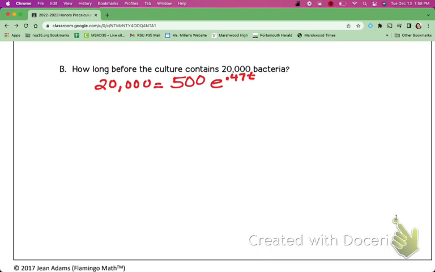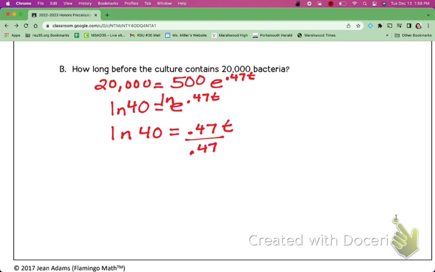So 20,000 divided by 500 gets us 40 is equal to e to the 0.47 t. Natural log: the natural log of 40 is equal to 0.47 t, divided by 0.47. So on my calculator, we would do the natural log of 40, divide that by 0.47, and we get about